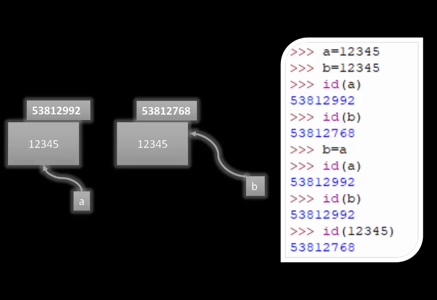Wherever the RHS variable is pointing to, the same location the LHS variable also points to. This is by default. So when you say some variable is equal to some variable, then the IDs will be same. So hope there is no confusion regarding that.